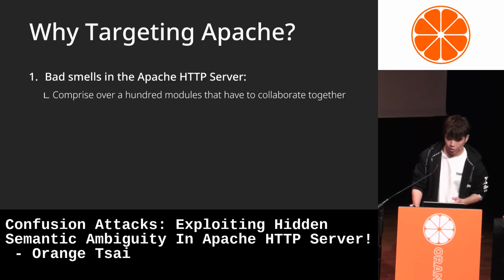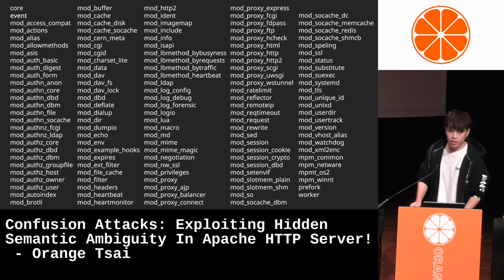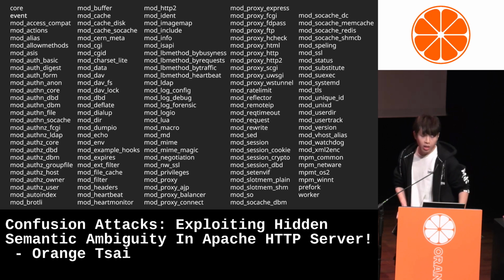Primarily, Apache relied on hundreds of small modules working together to handle a client's HTTP request. The source code includes 136 modules, and about half of them are either enabled by default or commonly used by website admins.